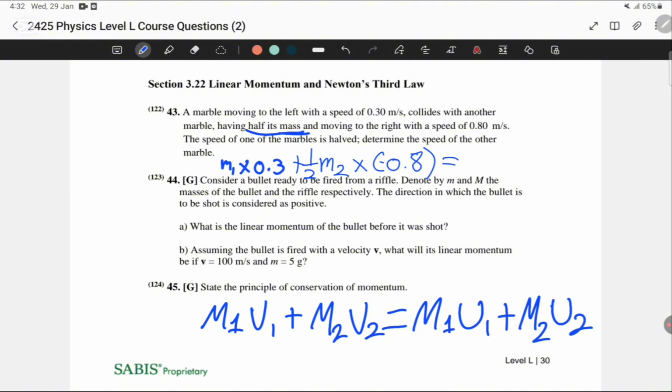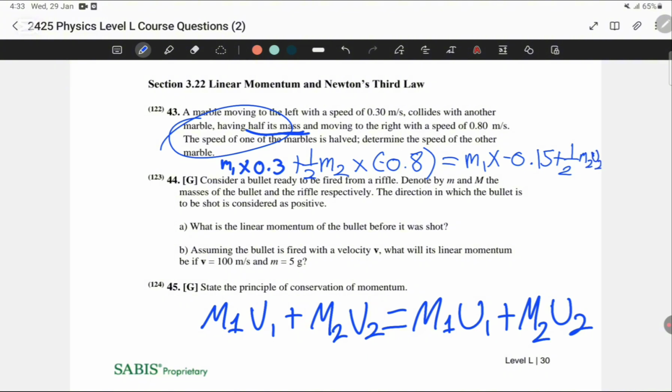This will give me the speed of one of the marbles halved, okay? And so it's going to be mass 1 times negative, since they're going to be bouncing in the opposite direction now, 0.15 plus 1 over 2 m2